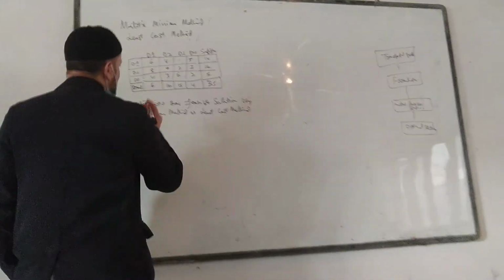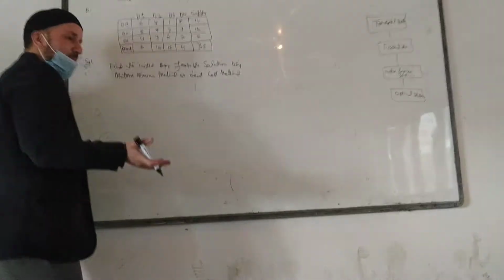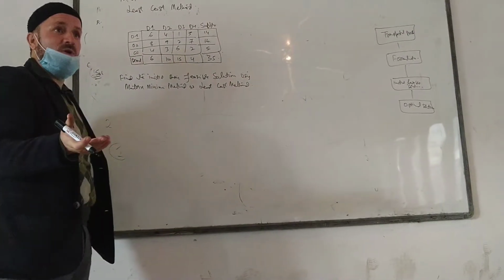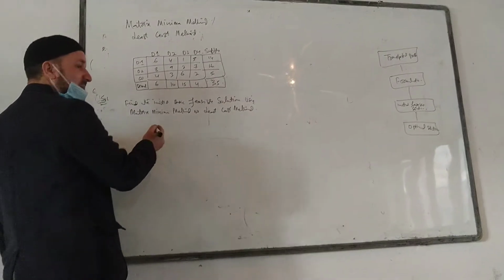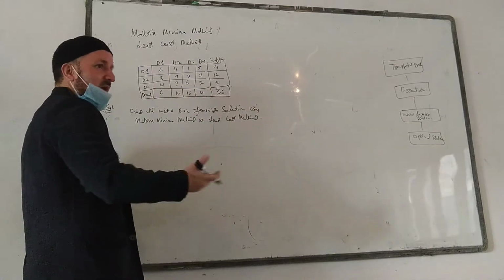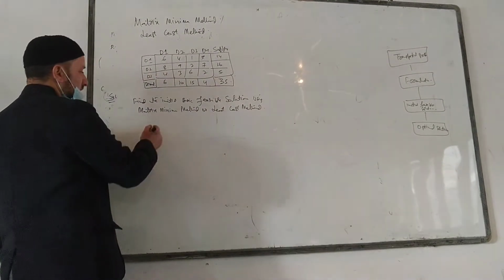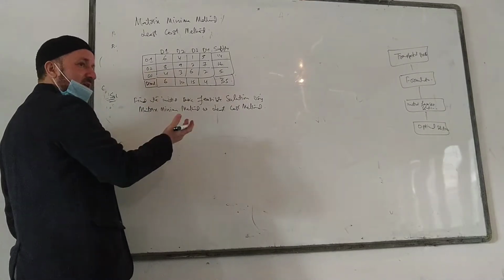We will first have to see whether the supplies and demands are balancing, whether this is a balanced transportation problem or not. The first step is to see whether this is balanced. If it's not balanced, then we have to do something, like adding dummy rows and columns. So how do we find whether it's balanced or not?